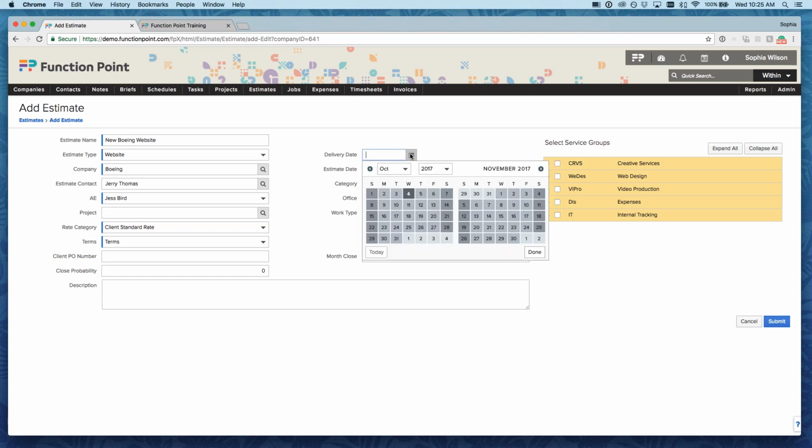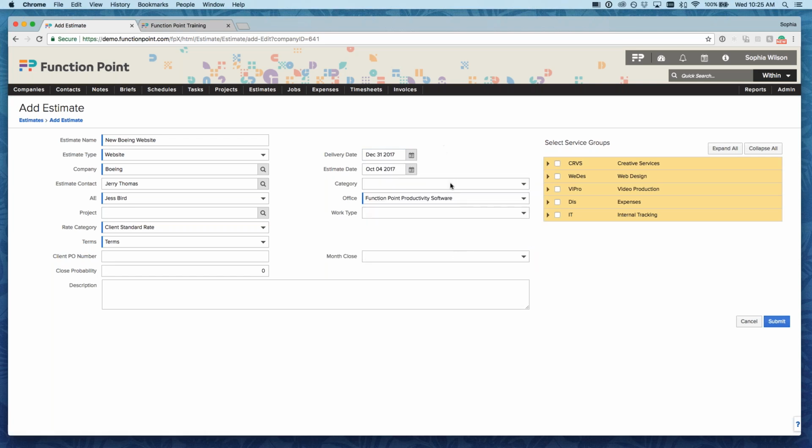Delivery date. This one is huge. So this would actually be the date that you would expect this piece of work to be completed by if you gain it. So for this, I'm maybe going to do it down to the end of December. Category, this is more related to once you gain the piece of work, so how you potentially invoice for it. This would probably be fixed price. Work type,